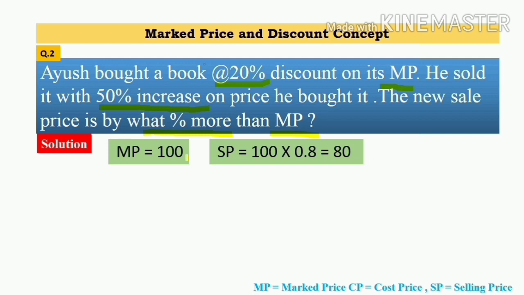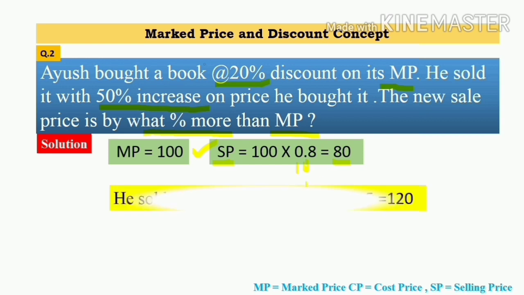After that, the 20% discount is given in the problem, so by this discount and the value of MP we will calculate the value of SP, that is 100 into 0.8. It is 100 into 100 minus 20%, that is 80%. 80% means 0.8. Here I have directly written this because this is the second part of market price and discount. That's why SP is equal to 100 into 0.8, that is, we get the value of SP is equal to 80.